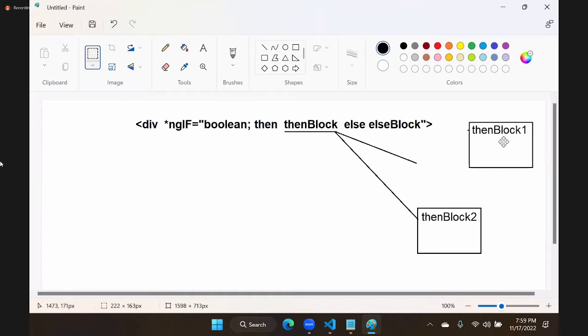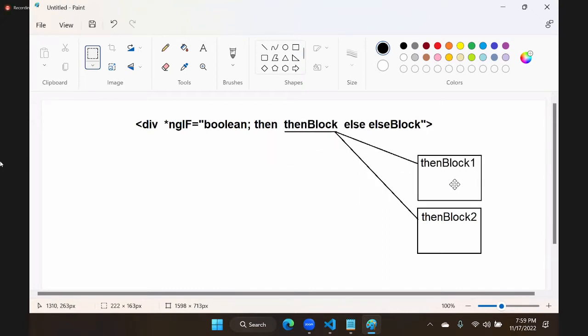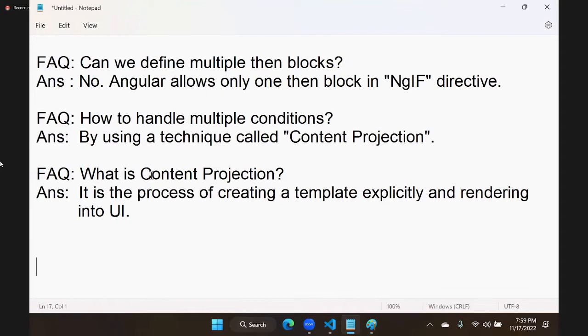These templates are separately created and they are added into this then block according to situation. We have to create the templates separately and we need to decide which template to display according to the situation. This mechanism is called as content projection. So content projection means it is the process of creating a template explicitly and rendering